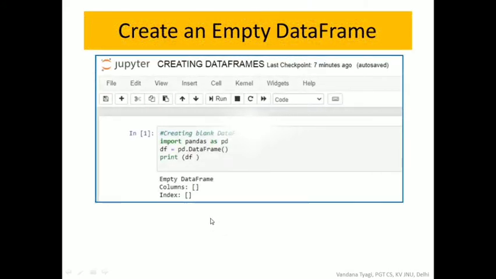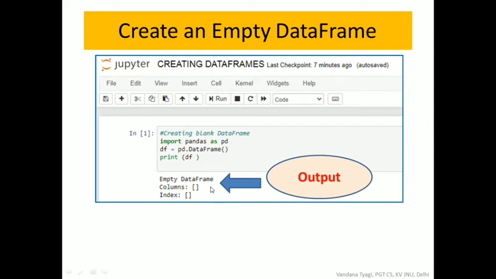Now creating an empty data frame. The first command I have told you, we have to always write import pandas as pd to include this pandas library in my code, and this pd is an alias name. So instead of writing pandas everywhere, we use this pd. So here df is a data frame object. We have written pd.DataFrame and are not providing any input, not providing any parameters. Since it is empty, these brackets are empty, no parameters are there. So if we print df, it results in an empty data frame where columns are also shown blank and indexes are also shown blank. So this kind of output we are getting on the screen.